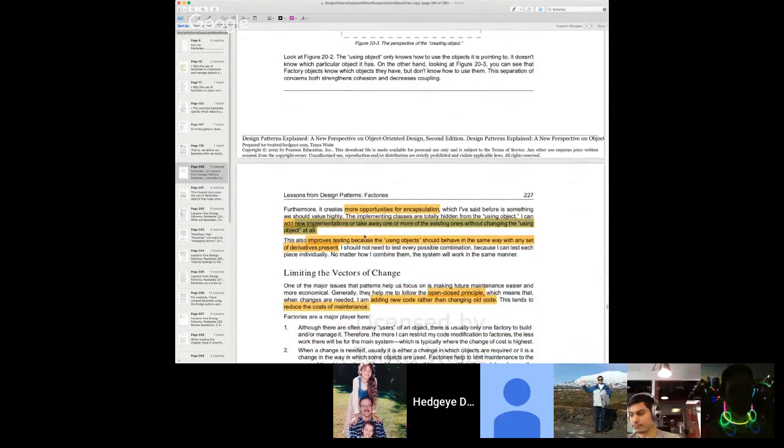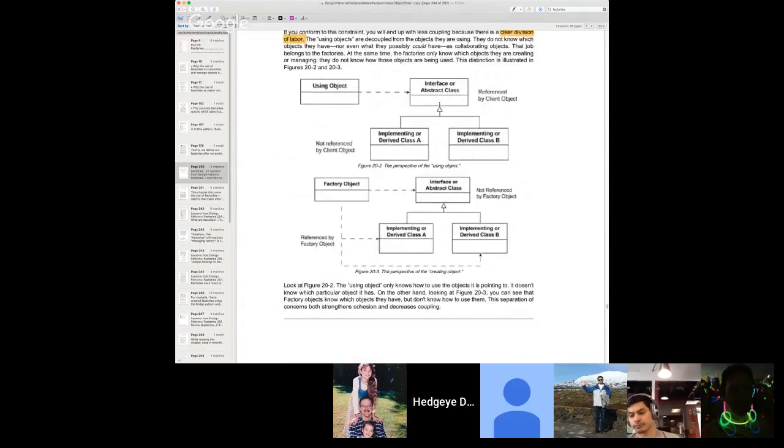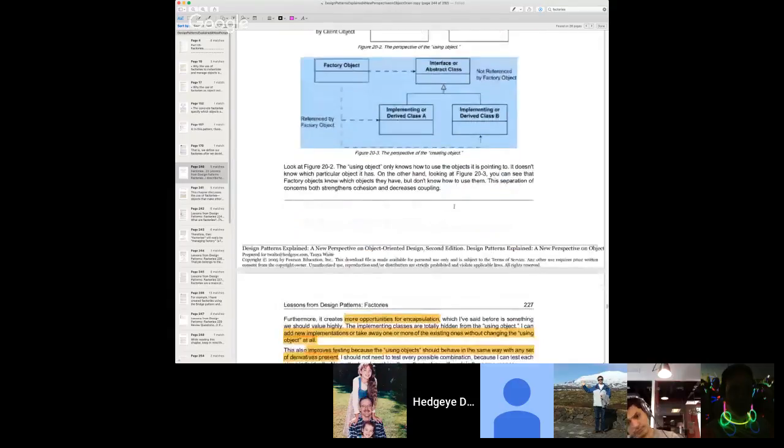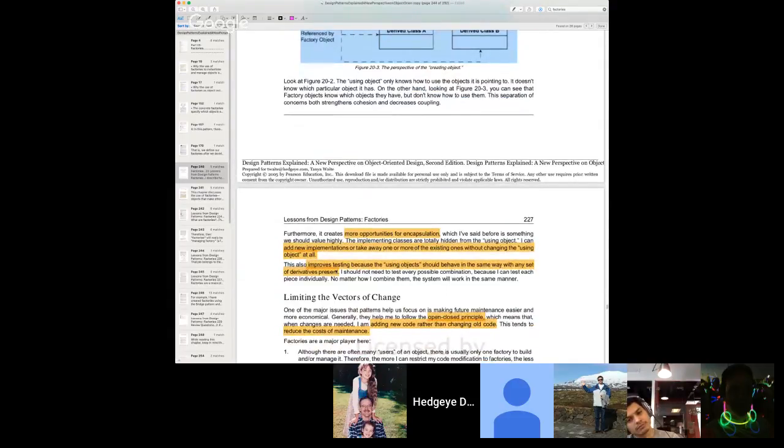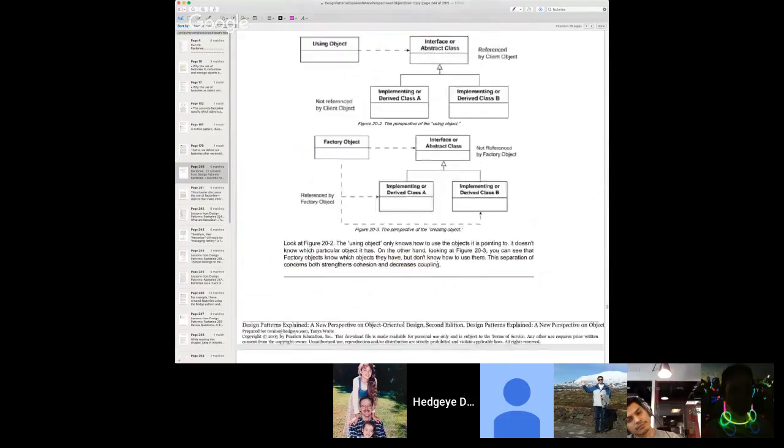And right, so that's great. And again, the groupings of those, if it has to change over here, the factory can change there. So he says this improves tests because using objects should test in the same behavior. I don't have to test everything. So a lot of times,